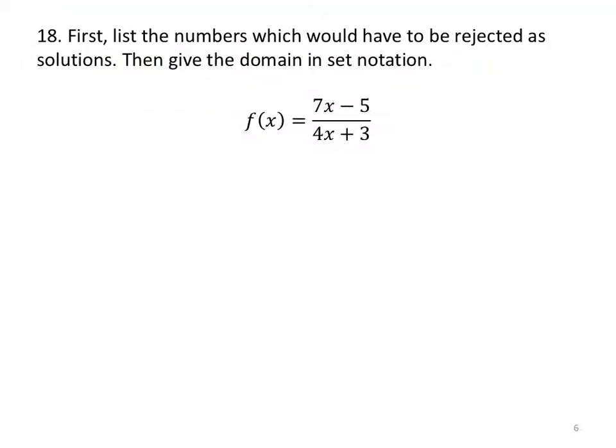Here's another problem where you really want to be careful to read the directions. First, list the numbers which would have to be rejected as solutions, then give the domain in set notation. So don't worry about the f of x in front. That doesn't mean you subtract f of x from both sides. It's just telling you that the function is 7x minus 5 over 4x plus 3, and we're going to call that f of x. But we need to know what x cannot be for this function, and so we set the denominator equal to 0